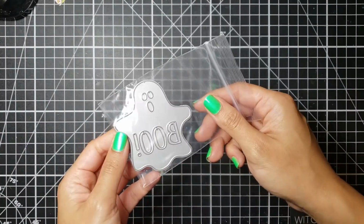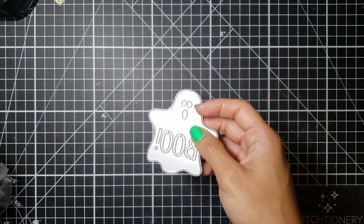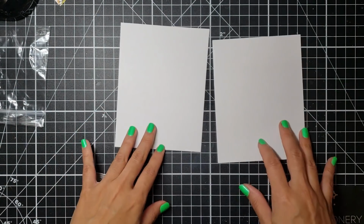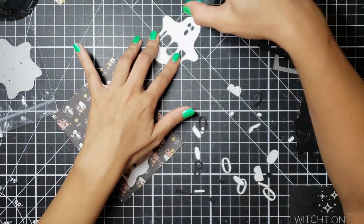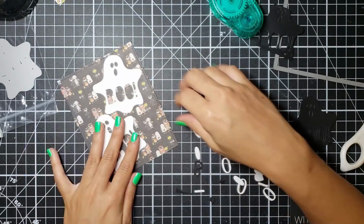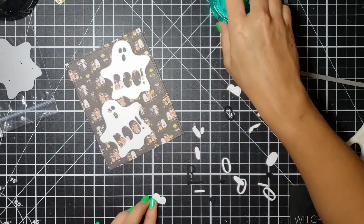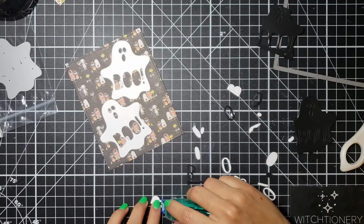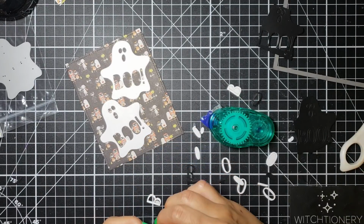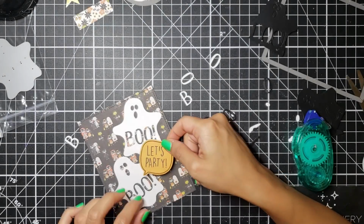For my last card, I forgot completely that this set brought this adorable Simon Says Stamp Ghost Boo die, and I just could not make a video without trying it at least. So I cut this out twice, and I adhered it down to the paper that had all the little trick-or-treaters on the background. I then adhered all of the little boos on the inside of my ghost, just so I can then take out the actual letter part and leave the empty space behind,